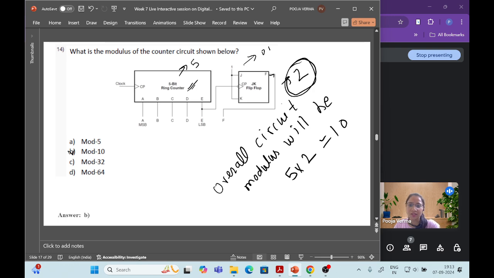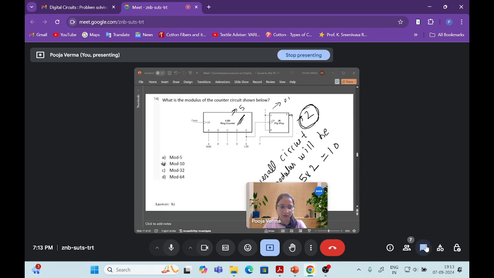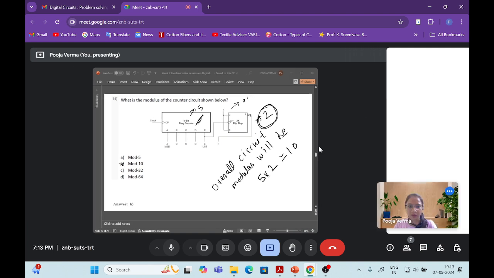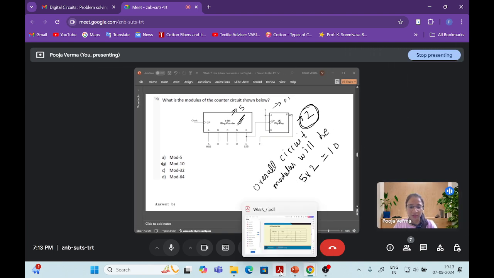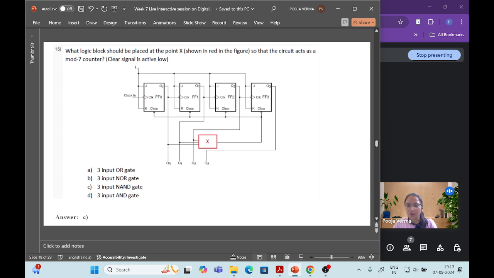Okay, already it is given 5-bit ring counter, so modulus of this one is 5, and for JK flip flop, it will act as a mod 2, so it will multiply it. In order to find out the overall circuit modulus, then 5 into 2, it will act as a mod 10 counter. Okay, so moving to the next one, what logic blocks should be placed at a place X shown